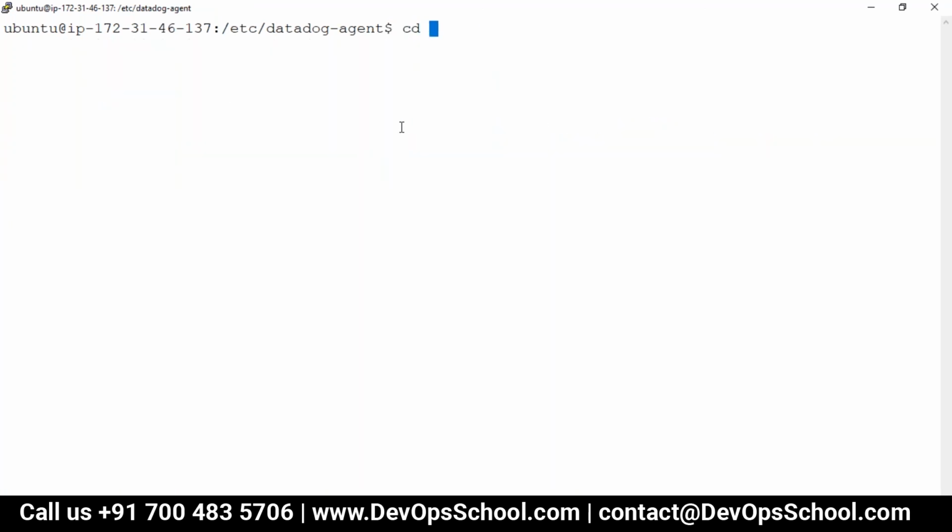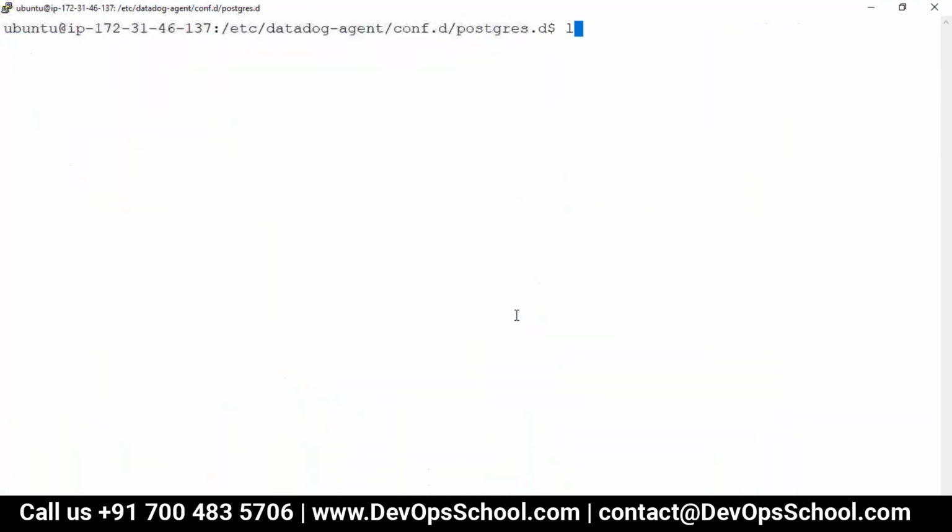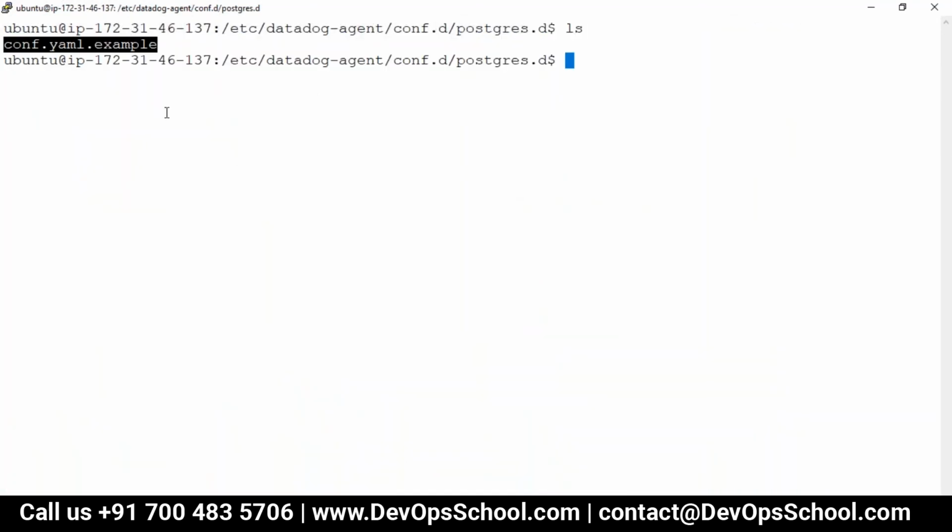You can just check conf.d also, and here you see lots of integrations you can enable. Conf.d, see here. You want to enable Istio, or configure Nginx, or, let's say, a Postgres database, which is here. By default it's disabled, by the way. Any file which is YAML is enabled by default, but these are not YAML; the .example suffix has been added.